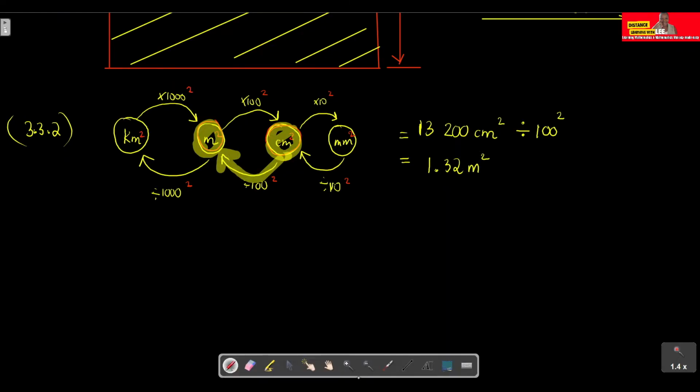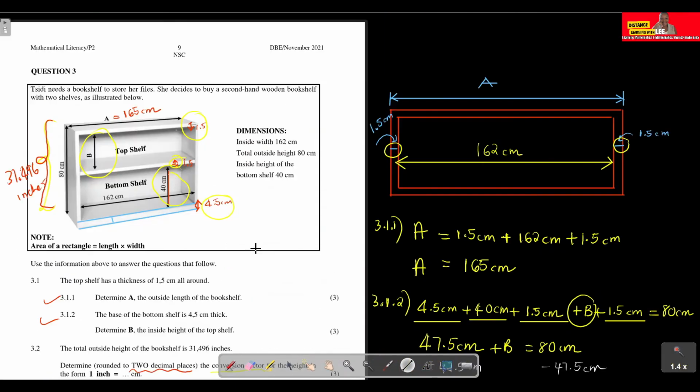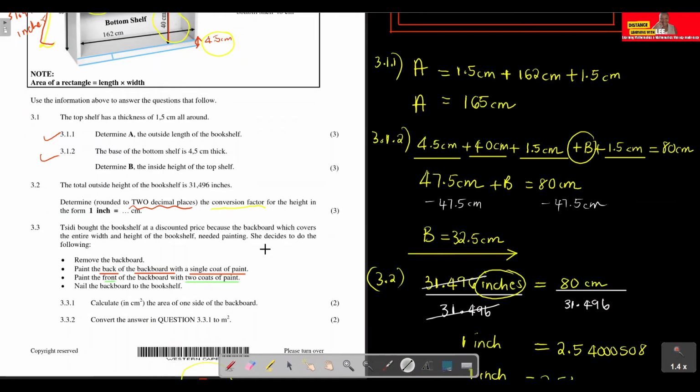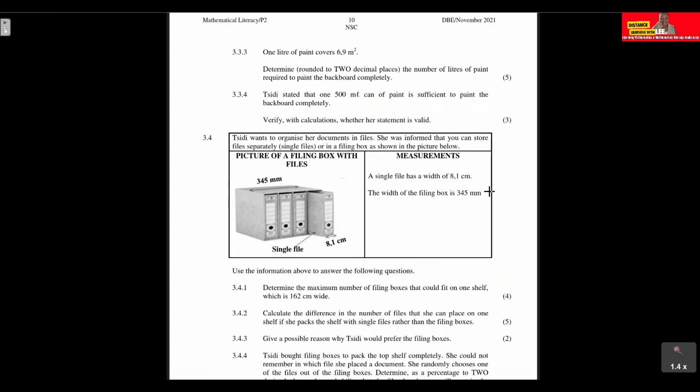Okay, so that is basically how we do the conversion. All right, and we are basically done with question 3.1 all the way up until question 3.2. All right, let's have a look at the next page. Okay, question 3.3, it says 1 liter of paint